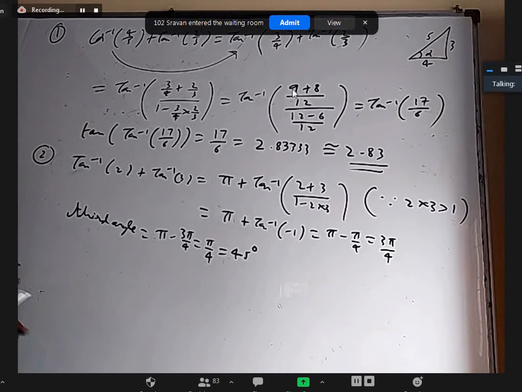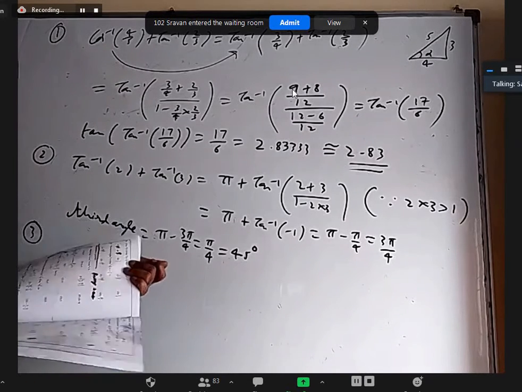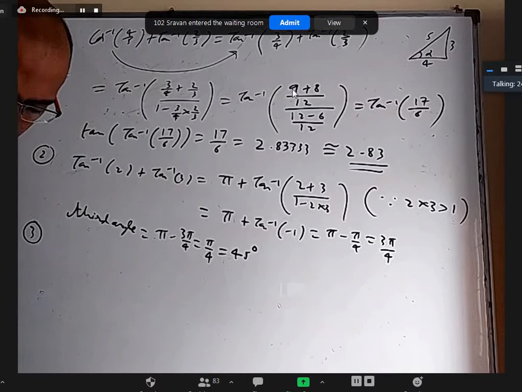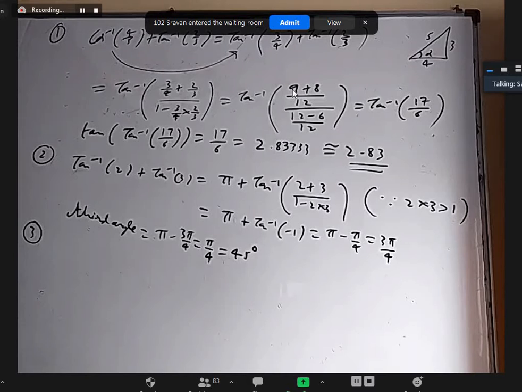Sir, I took A as tan inverse 2 and B as tan inverse 3, and A plus B plus C as 180 degrees. A plus B plus C is 180, not A plus B. Yes, sir, A plus B plus C as 180 degrees and applied tan on both the sides. Okay, you are getting the tan C value? Yes, sir, tan C as 1 I'm getting. Okay, angle C is 45 degrees. Fine, answer is 45 degrees. I'm saying that I understood. Okay, that's also nice. You can take tan inverse 2 as A, tan inverse 3 as B, and the third angle as C, and try to find A plus B plus C is 180.